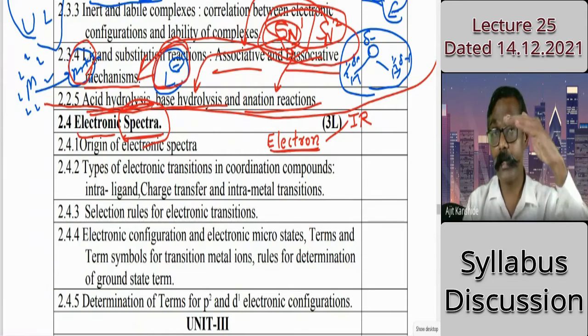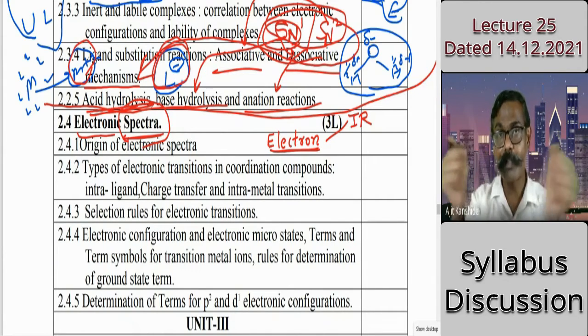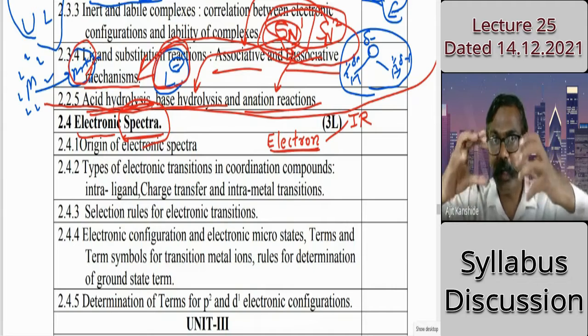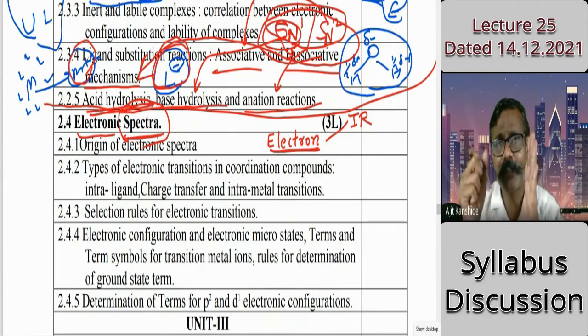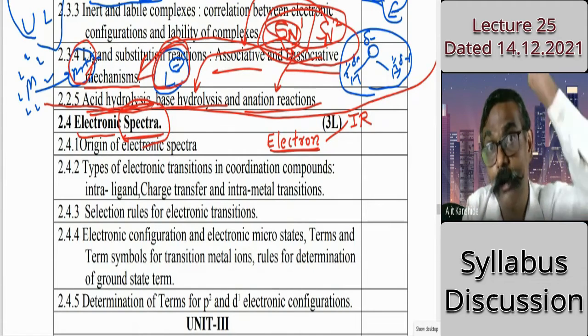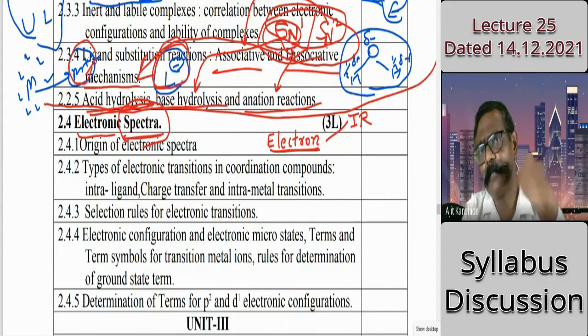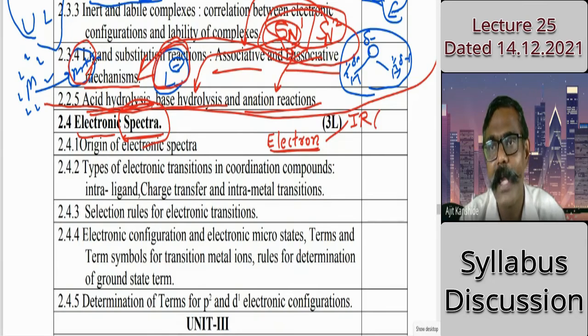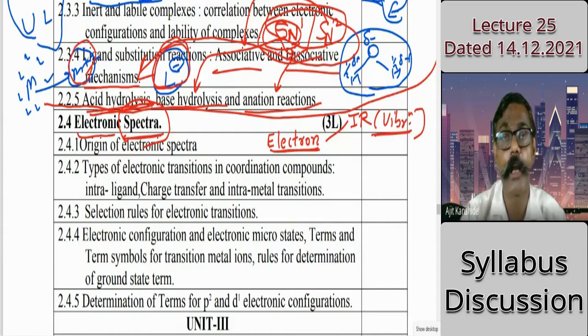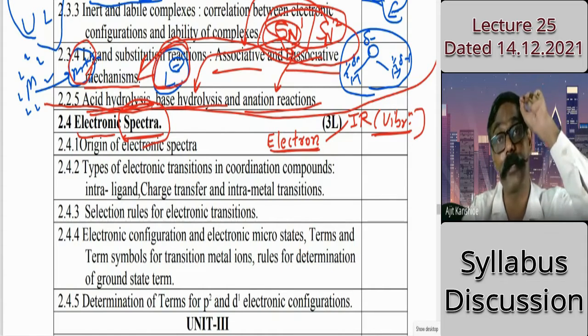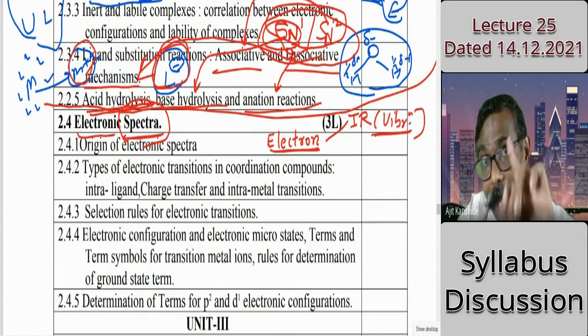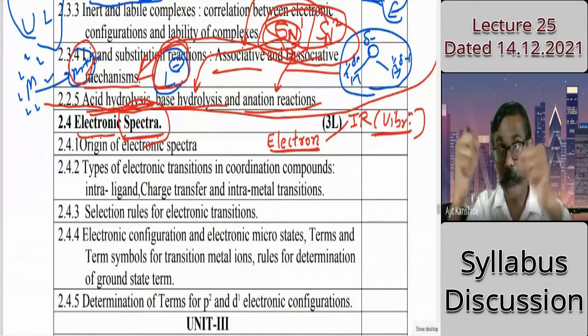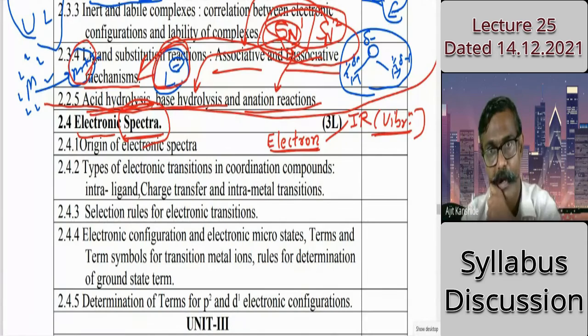I repeat. Electronic energy level, one thing. Vibration, second thing. And rotation, third thing. For vibration, less energy is needed than for electron transition. So it is less energetic, after visible comes infrared. So what is IR spectra dealing with? Vibrations. Which vibrations? Allowed vibrations, not allowed vibrations, asymmetric, symmetric. That's a different concept, but my point of interest here is to inform you that IR is dealing with the vibration of atoms in a molecule.